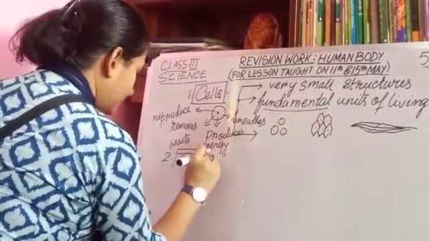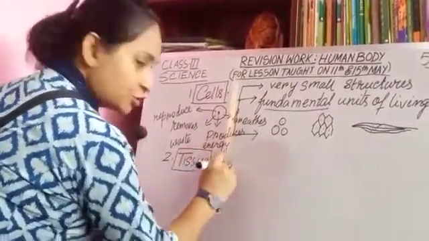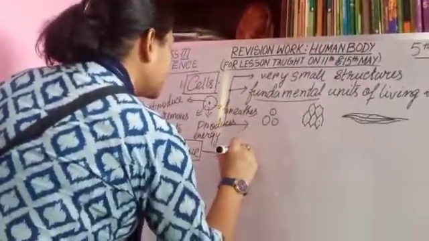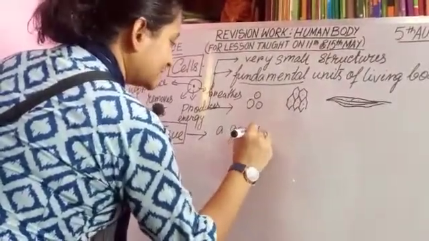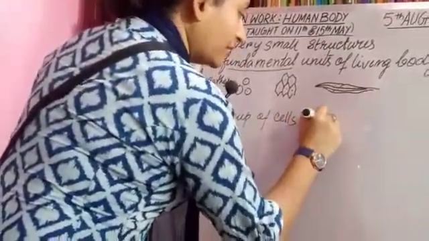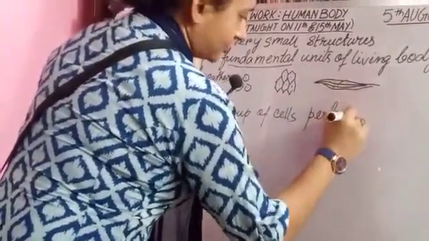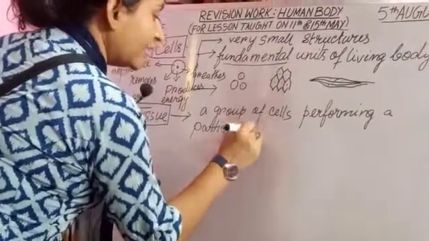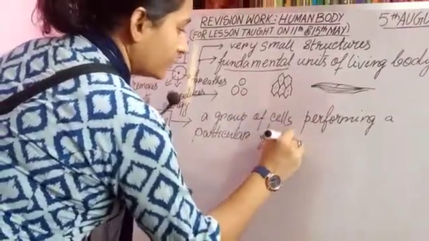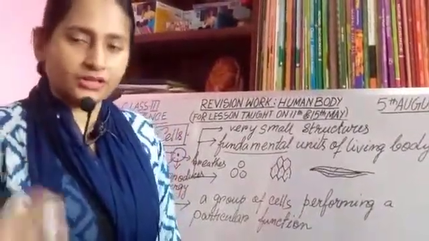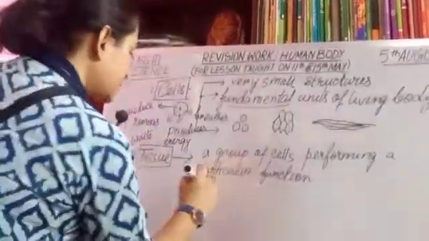So, how can we define a tissue? A tissue can be defined as a group of cells performing a particular function. Each and every tissue has a definite function, right? For example, I can give you one example. See children,